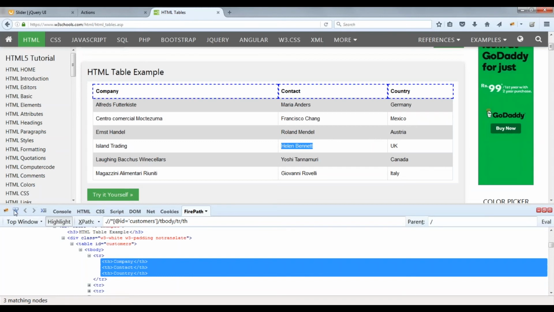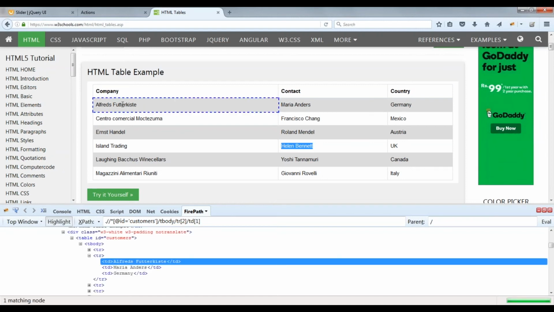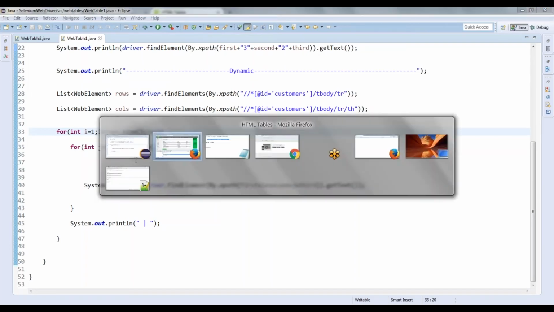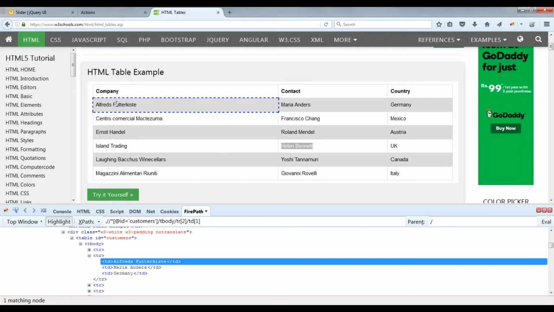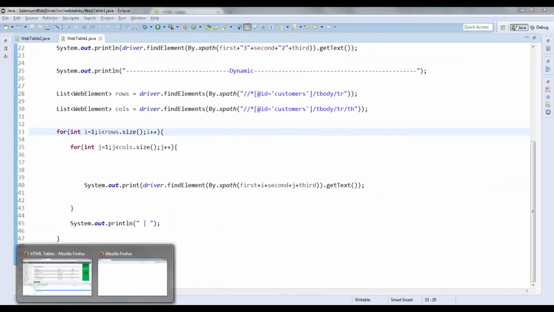So do we have 0 here, or do we need to start with 1? Okay, it doesn't have 0, it has 1, so I should start with 1 here. It's not an array, it's a table. This is the first row and first column, so I should start with 1. Let me run this again.